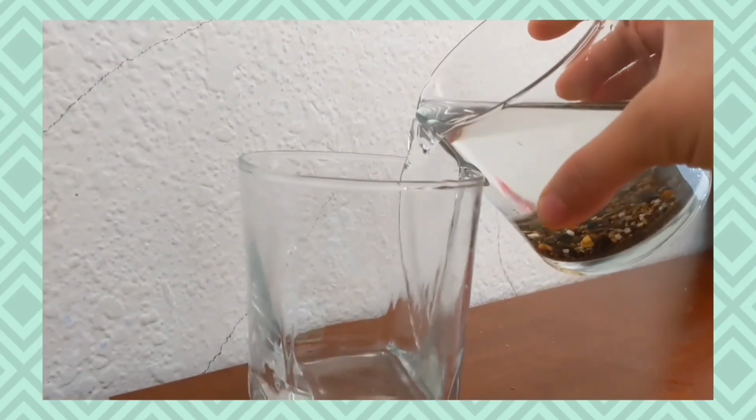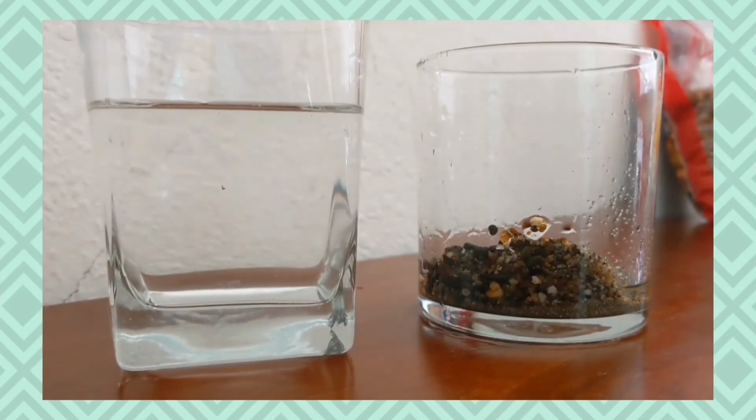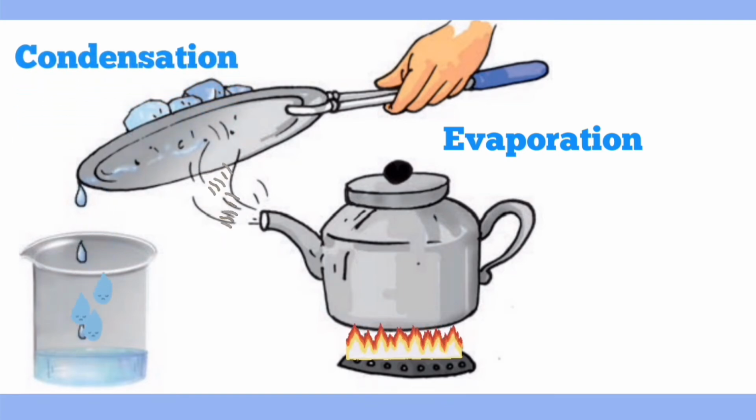Transfer the liquid in a kettle and close the lid. Put it on flame. Take a metal plate with some ice on it. Hold the plate just above the spout. Water in the kettle converts into water vapor and comes out through the spout. When it comes in contact with a cold metal plate, these water vapors convert into water droplets. This process is called condensation. Whole water evaporates and salt is left behind in the kettle.